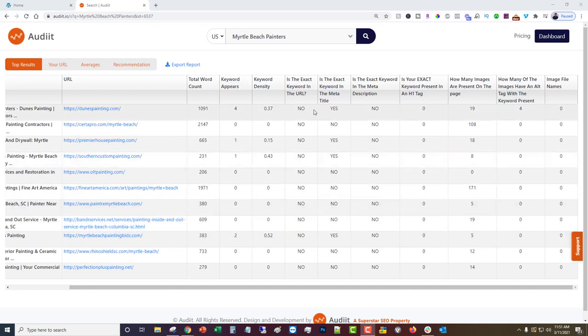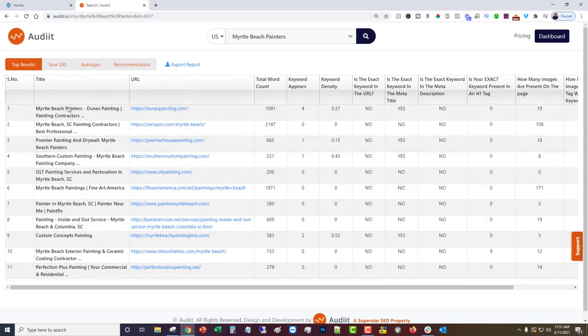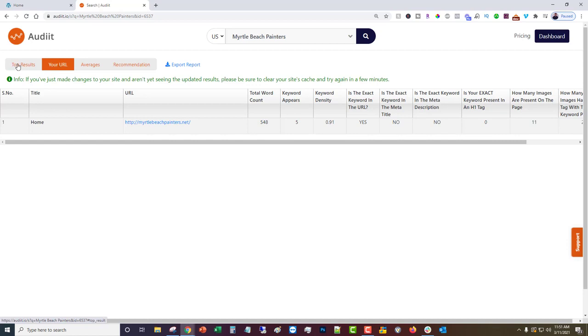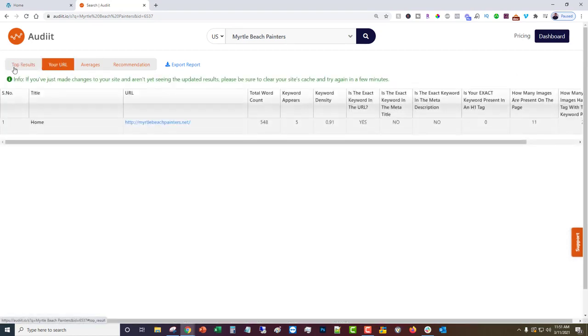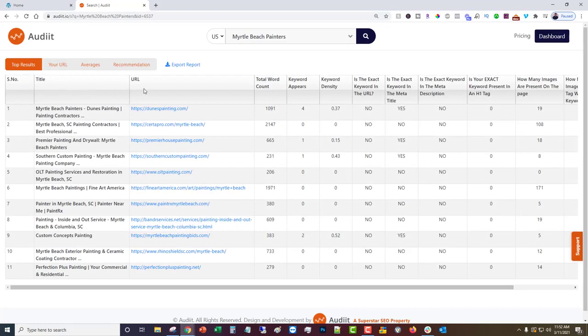What do the different columns mean in your Audiit.io search results? The first column is the title of the particular URL, and this will be true on either the top results tab or your URL tab. The URL is obviously the URL. The total word count is the complete number of words on that particular page's